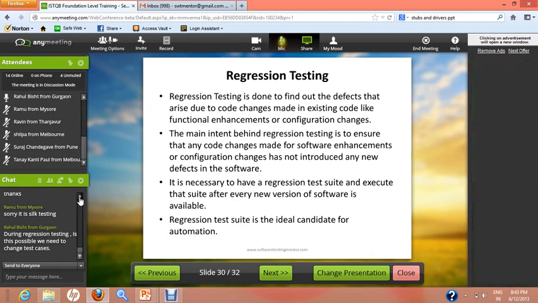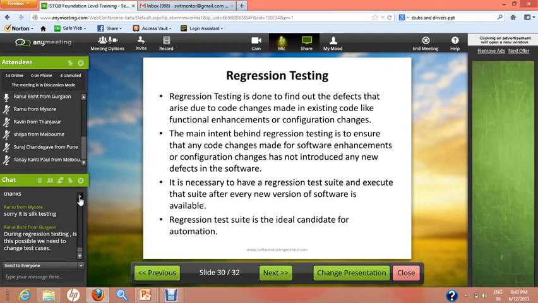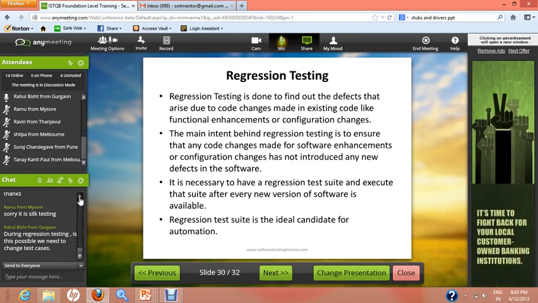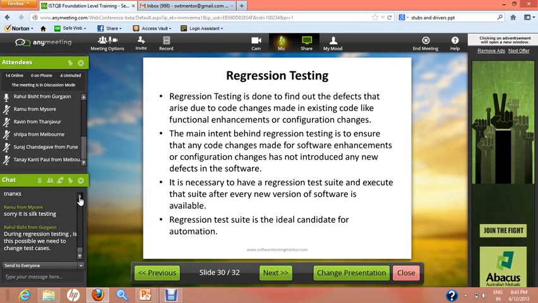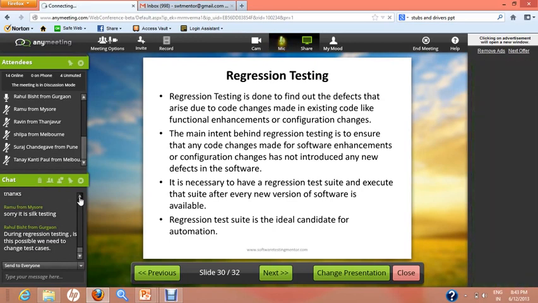During regression testing, is this possible? We need to change test cases. Yes, Rahul, it's very much advisable to keep modifying your test cases according to the changes in the software. Okay, because